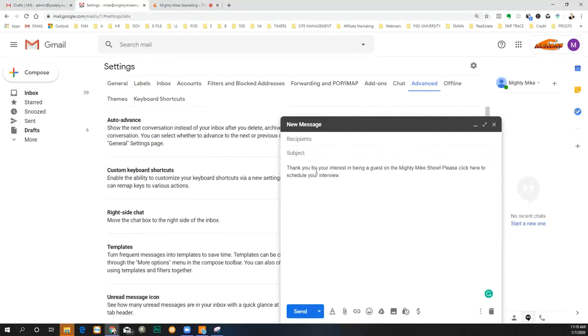Now, usually what I'll do is I'll go through and add a bunch of other information right here, like our meetings are at 2 p.m. I mean, the whole point of this is to convey as much of the necessary information as possible, so they're not going to have to keep asking you questions, because it's all in this nice little template, right? I think I say something like, the show records live at 2 p.m. Pacific Standard Time